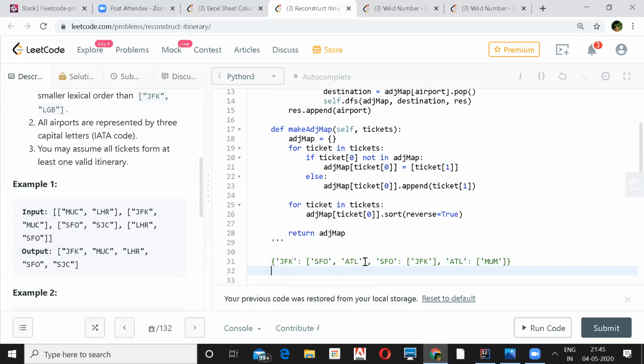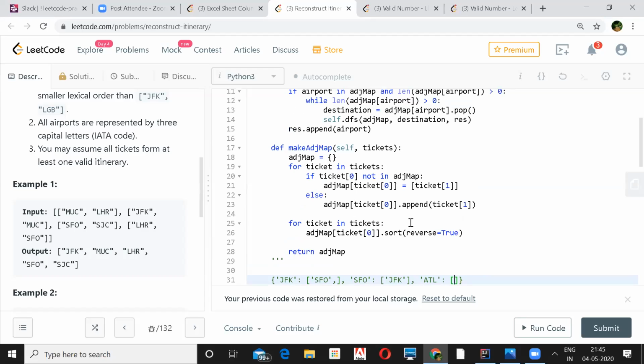So you'll pick the ATL and remove ATL from here. You'll go to ATL and remove Mumbai from here. And then you are done. ATL I'll append, right? I'll append and then I'll take whatever destination, like ATL again I'll take.